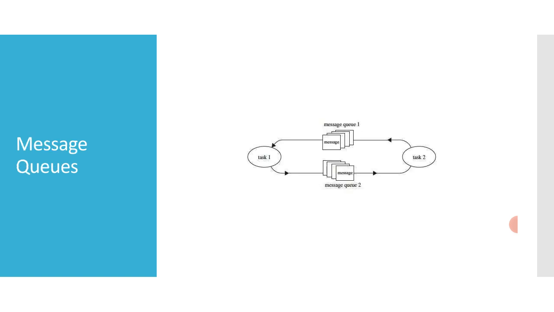Let's see into the message queues. This is a full duplex communication using message queue picture. Modern real-time applications are constructed as a set of independent but cooperating tasks. While semaphores provide a high-speed mechanism for the synchronization and interlocking of tasks, often a higher level mechanism is necessary to allow cooperating tasks to communicate with each other. In VxWorks, the primary intertask communication mechanism within a single CPU is message queues. The optional product VxMP provides global message queues that can be used across processors.